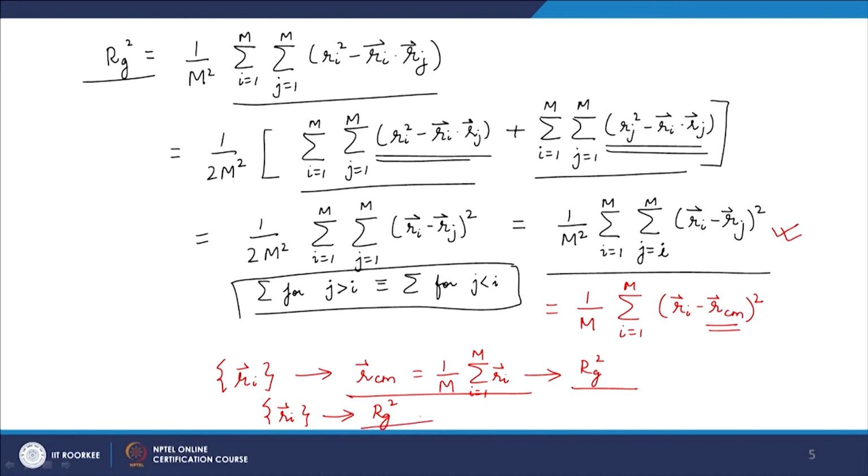Okay. So, what it essentially means is by some sort of arithmetic simplifications that was appearing to be somewhat weird, we are able to find something that has advantage in terms of computation. It will be much more efficient compared to the earlier expression. So, now ultimately, as I was telling you earlier, we are not interested in the Rg square of a single conformation, we are interested in the average Rg square for many conformations. Okay. So, the quantity we are interested in then